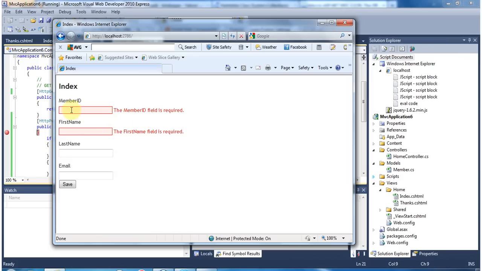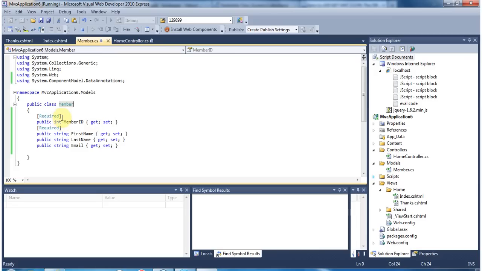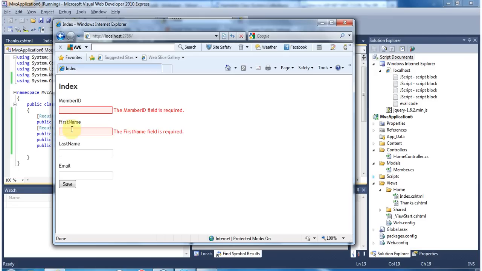If you go back to the member page, we only put a required field on member ID and first name. It says member ID is required, first name field is required. So if you type the member ID as 67 and text as Bini and test,